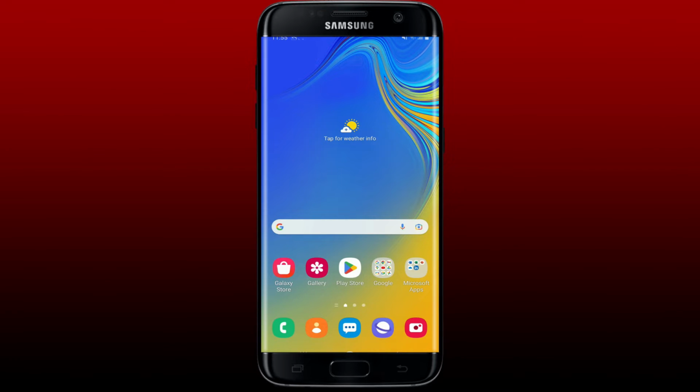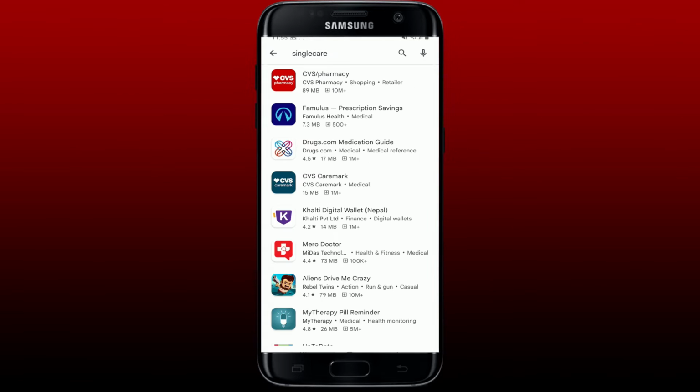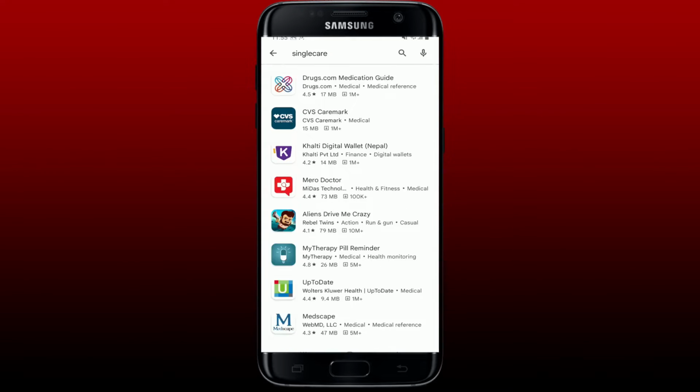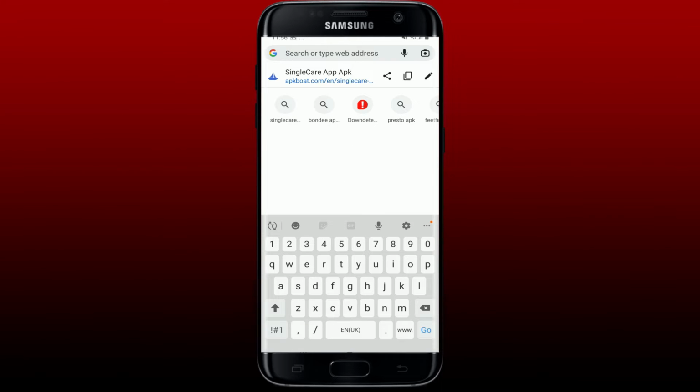To download SingleCare application on your Android phone is easy. Go ahead and open up your Play Store and search for SingleCare app. In the search box, you should be able to find the application displayed right in your search result. But if you don't find it there, go ahead and open up a web browser and in the search box type in